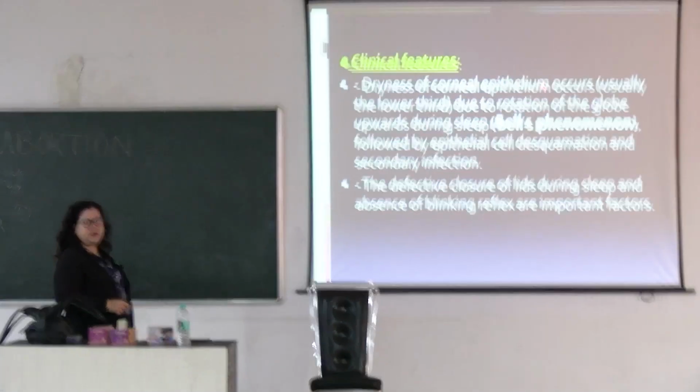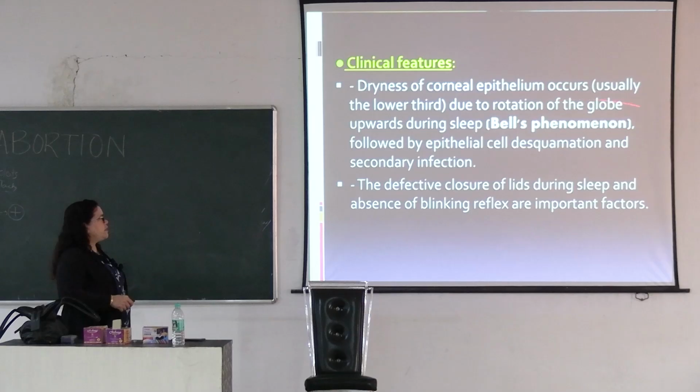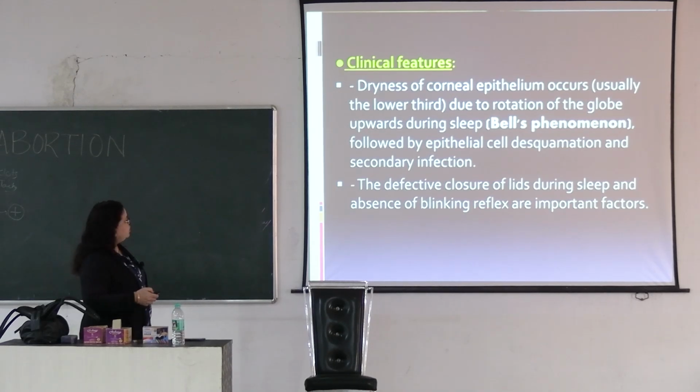What is Bell's phenomenon? When the patient is sleeping, the eyeball rolls upwards, and this is called Bell's phenomenon. So that is why only the lower third part of the cornea is mostly involved. Then the second cause is defective closure of the lids during sleep and absence of the blinking reflex. So these are the features present in the patient of